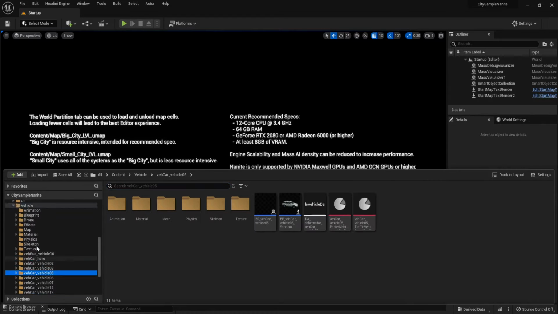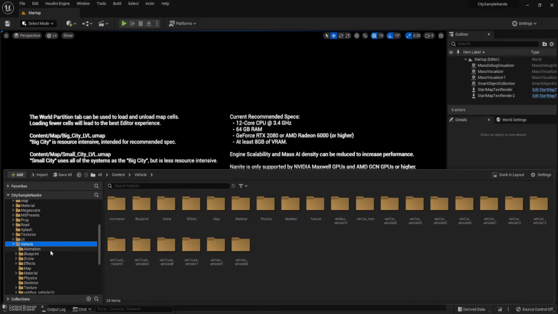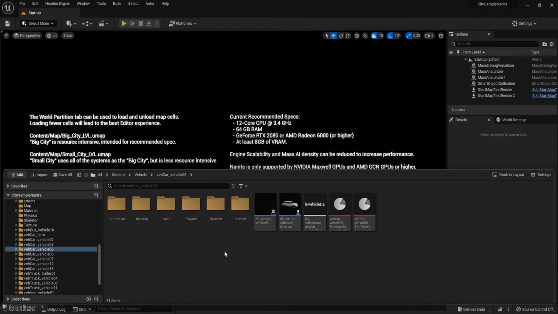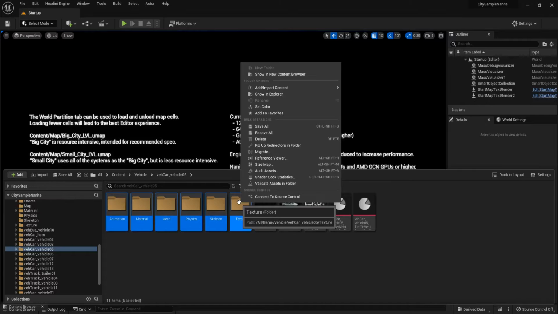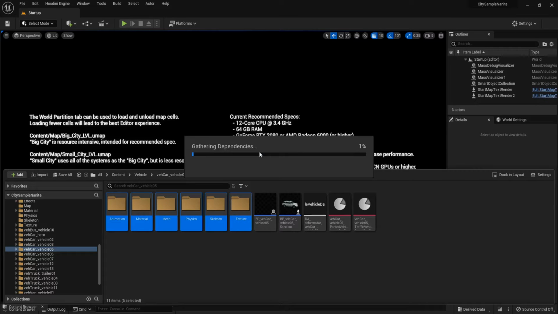and go to Vehicle, and we want to migrate this Vehicle05, and select from this animation to the texture of Vehicle05. Click migrate